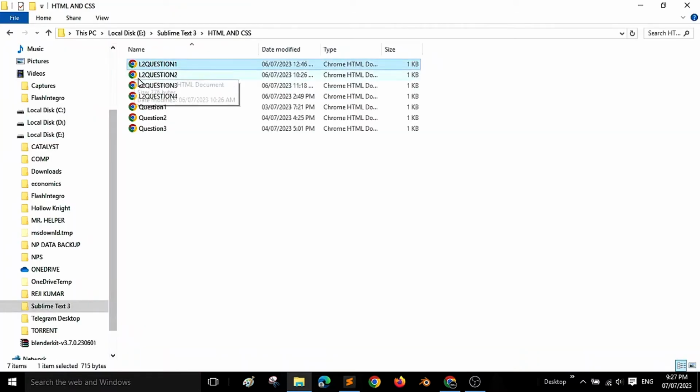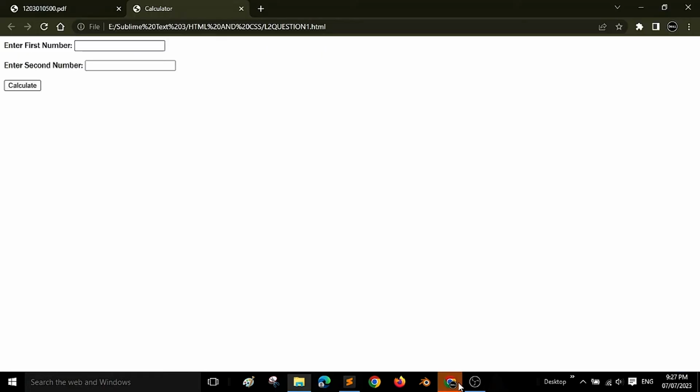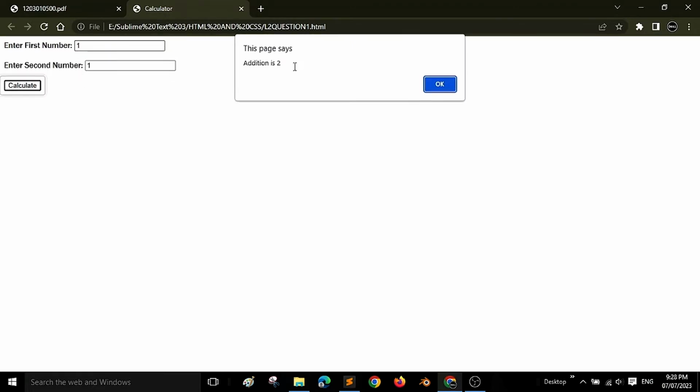Let's check on our result. You can see enter first number and enter second number. These are the input values, I mean the input names, which were the names as we saw in the coding part. Now we can type any random number here, 1 and 1. Now let's click on calculate. So the addition is 2, right?